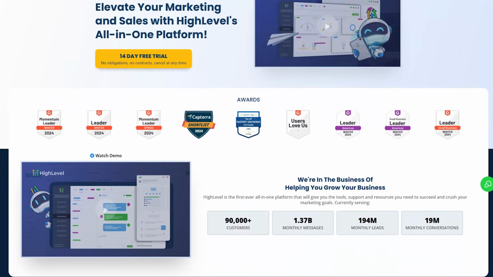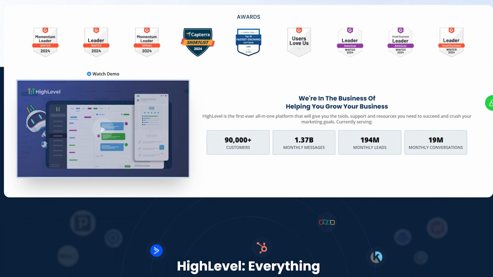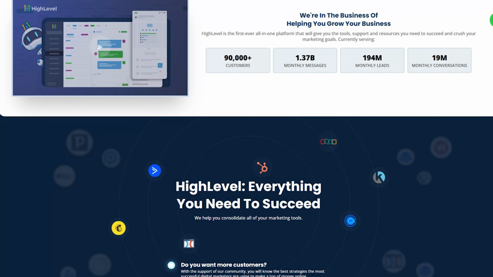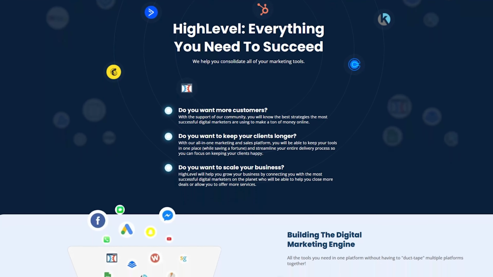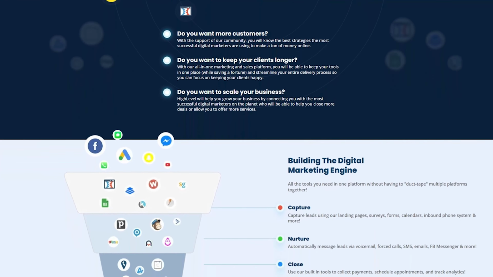Before we dive into the walkthrough, I just wanted to give you a quick overview of what GoHighLevel does and why it's so powerful for lead collection. So GoHighLevel is so much more than a website builder. It's essentially an all-in-one marketing and automation platform. You can build websites, create funnels, design forms, send emails, manage leads, and even run appointment scheduling